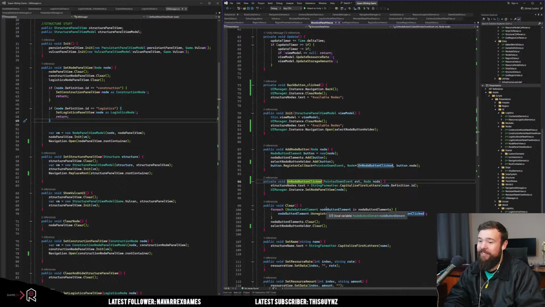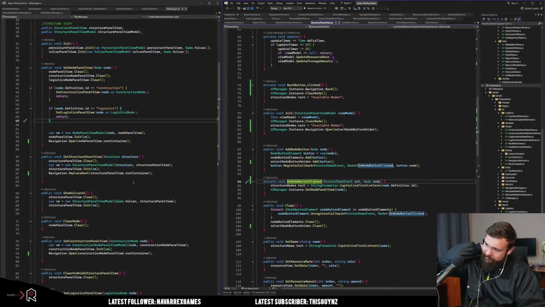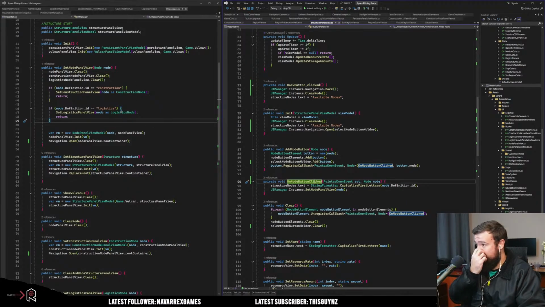So on node button clicked, right? Okay, we do set node panel view, which opens up the node. That's fine, I guess. Yeah, we call this one essentially, and then either we go to a construction node or a logistics node. We break out of this. Okay. Now the big thing is then when we go back,